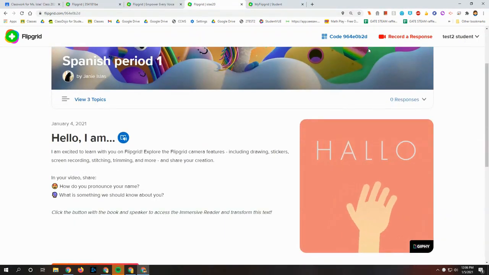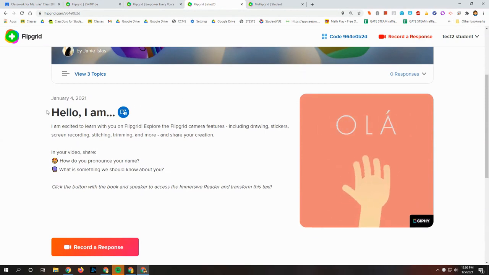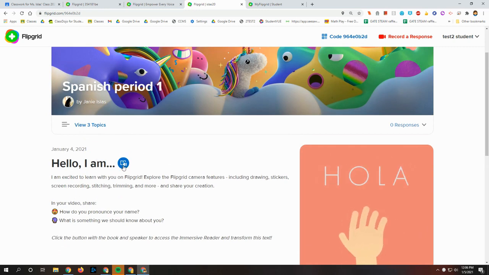If I scroll down, here is the name of the assignment and the directions. So you might also add emojis to your directions to make it more fun for the students. Another thing here, if students need help reading,